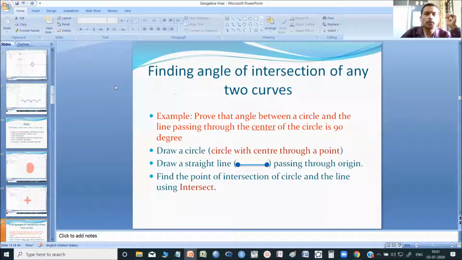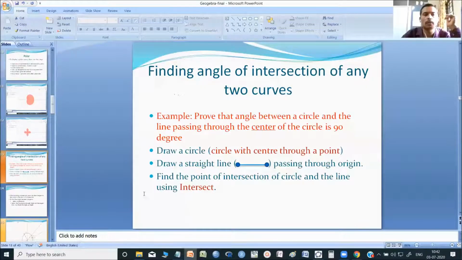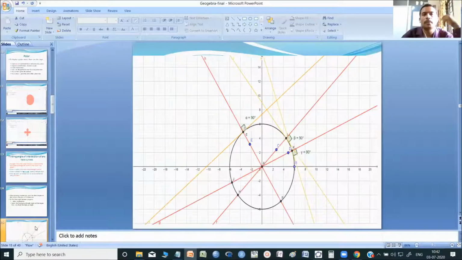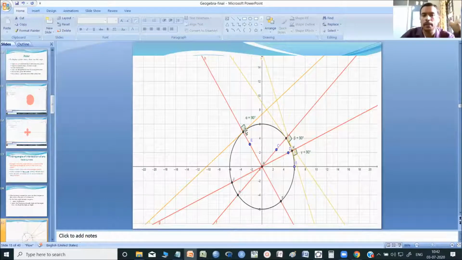So I'm going to trace that. This is what you are going to get. If you take a circle and the lines passing through the origin, every line makes an angle of 90 degrees with the circle at the point of intersection. How can we show this using GeoGebra? Let me come to GeoGebra.